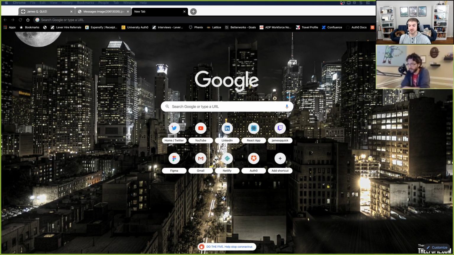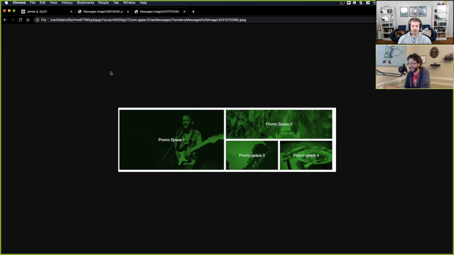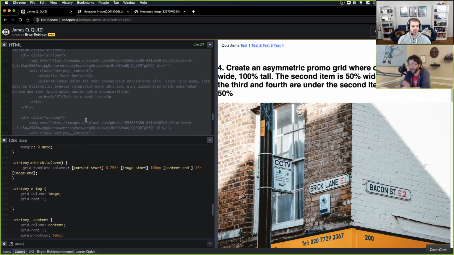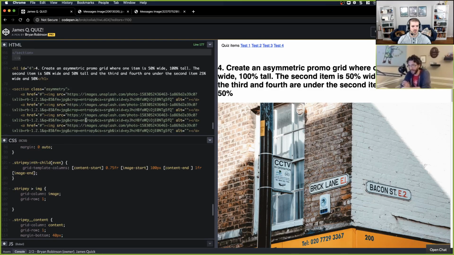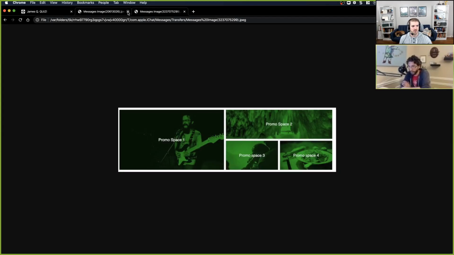Sorry, you want me to do this one? I thought you said you wrote the HTML. When you said the HTML, I thought you were going to do it live. I'll do it live if you want to look at it and ask how would I do this layout in Flex? Let me talk through this in Grid.